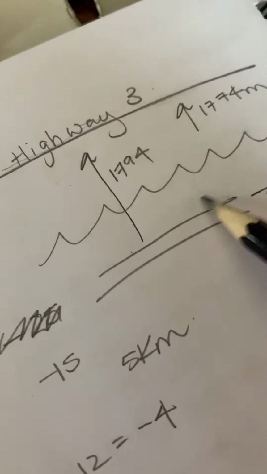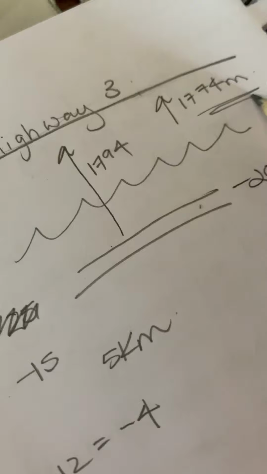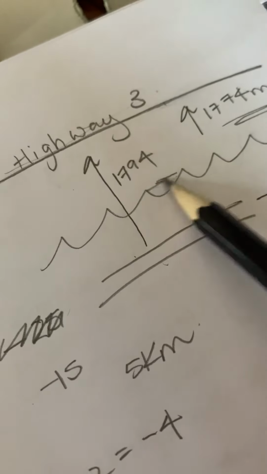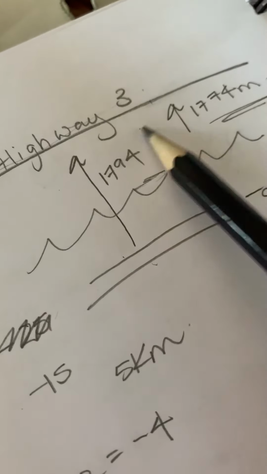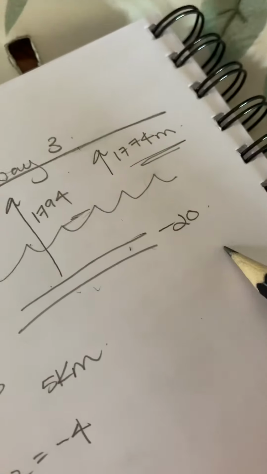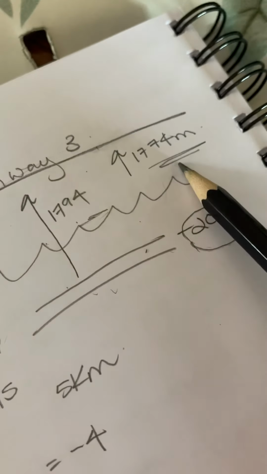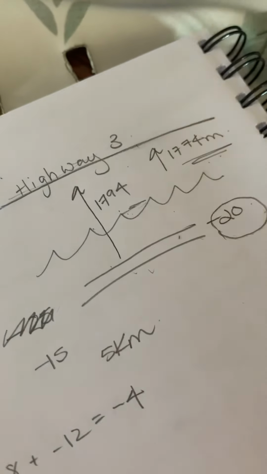Here's the highway. So from the river to the highway, I have my first number, and then from the tunnel to the highway, I have my second number. So really it's asking me what's the difference between the distance from the river to the tunnel, and I got that distance is 20. There is a 20 meter difference between these two numbers, so that is how low my tunnel would be underwater.